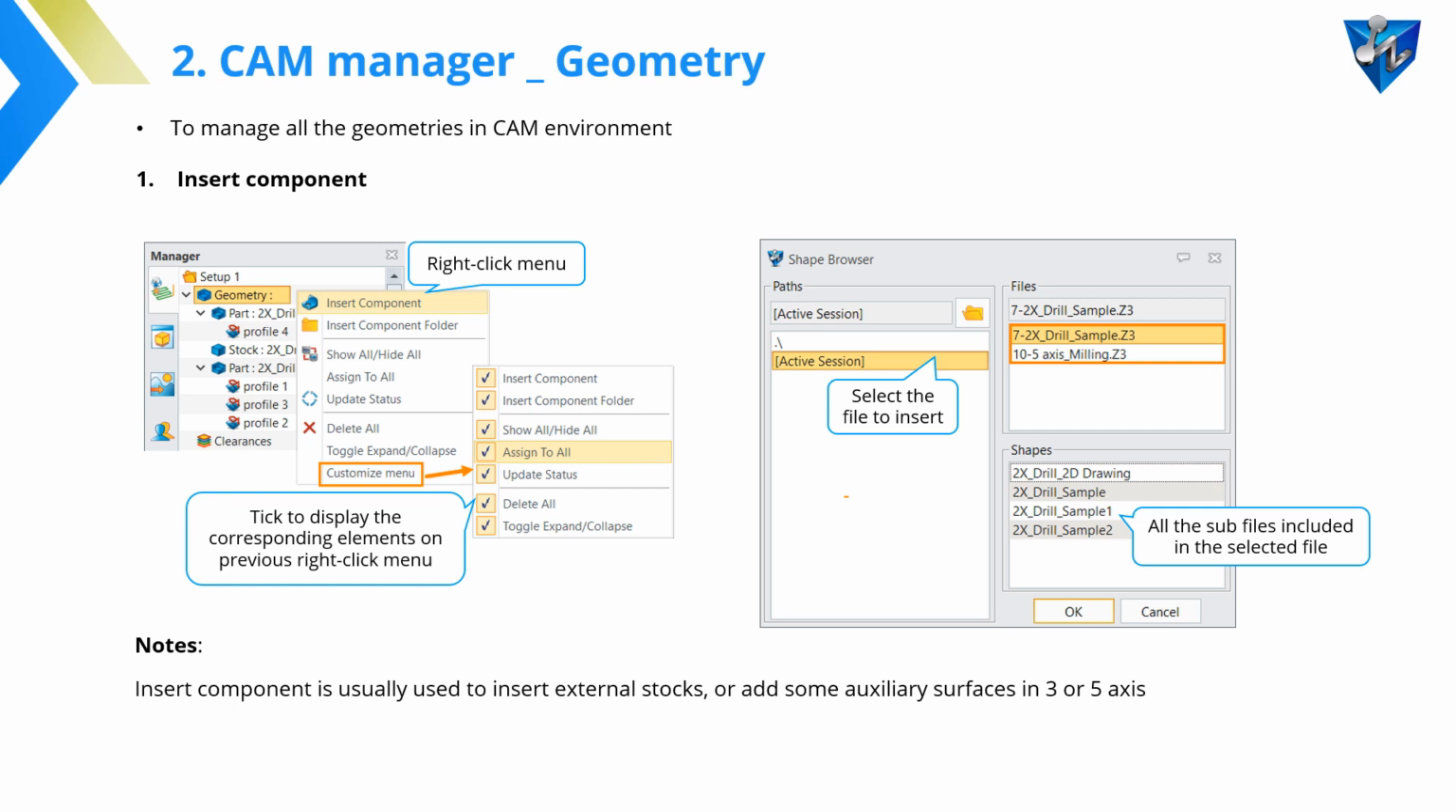Next to setup is geometry. This is to manage all the geometries in CAM environment, such as part, stock, table, clamp, and so on. From right-click menu on geometry we can find all the functions. It is very easy to understand. For example, we can click Insert Component to insert the external stocks, add some auxiliary surfaces for 3-axis or 5-axis